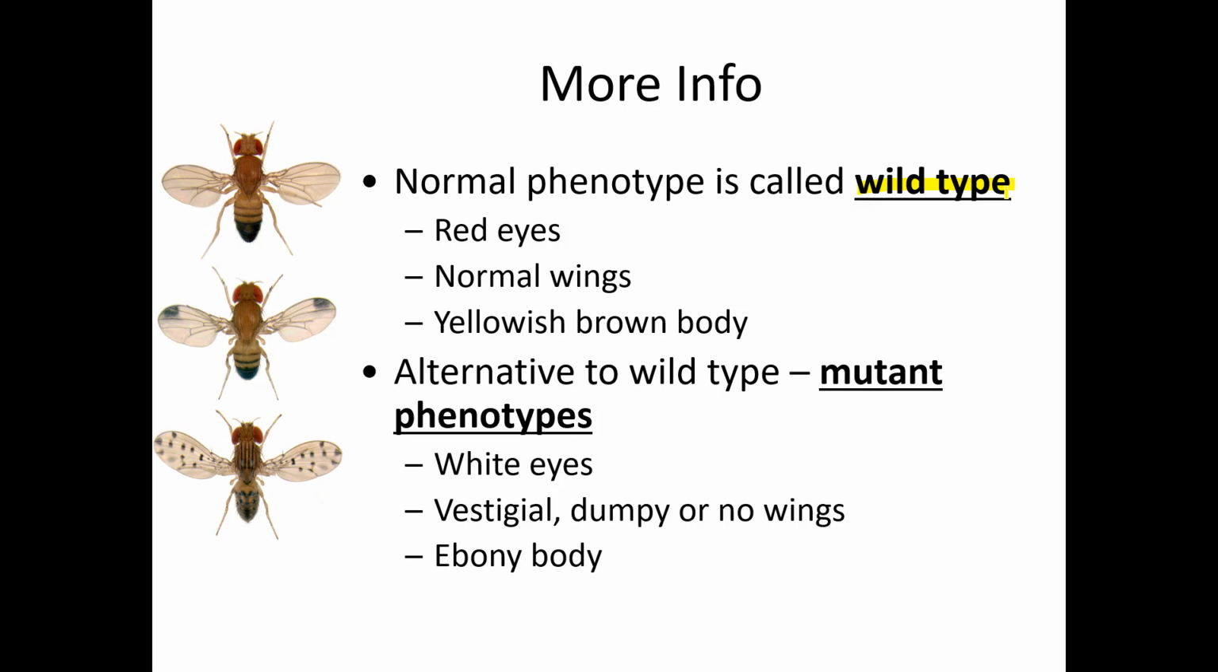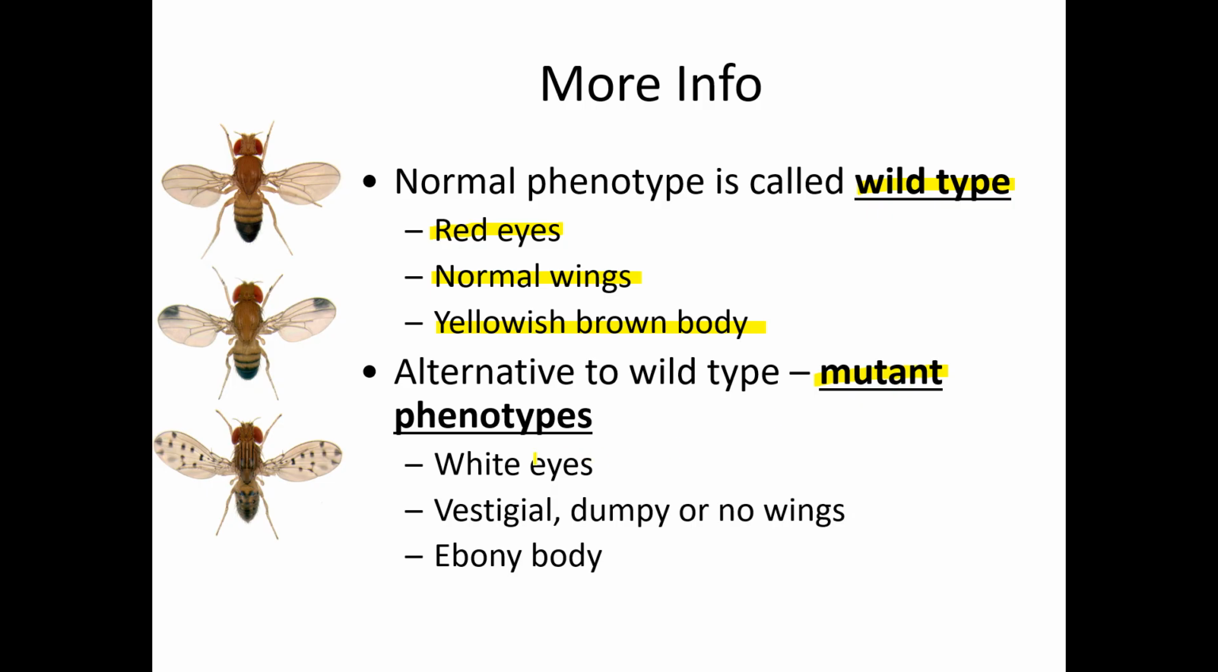And this is, think of it like your cookie cutter standard fly, okay? Your basic fruit fly. Some examples of your wild type are red eyes, normal wings, a yellowish brown body. Now, for each of your phenotypes, we have what we call mutant phenotypes, which is anything other than wild, okay? So wild type is kind of like your standard fly, and anything outside of that wild type we consider a